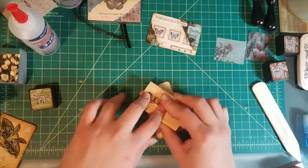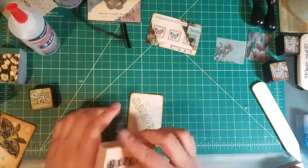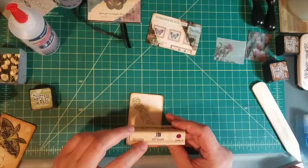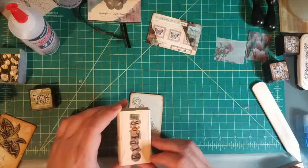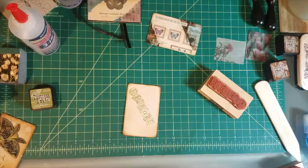You'll see it throughout the channel. I'll let you know if I get them from Goodwill, because I probably won't be able to find a link to these ones online, since I didn't buy them online. But I can tell you what brand this one is. This one is Life Journey, and it just says Explore. It's actually kind of cute. I want a little bit more distress though. So, let's try